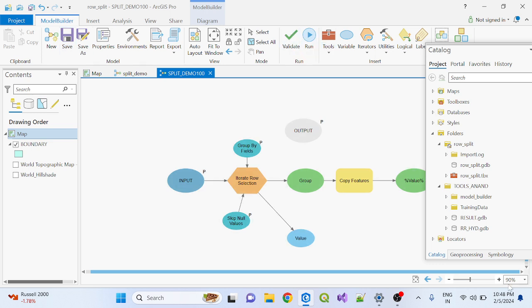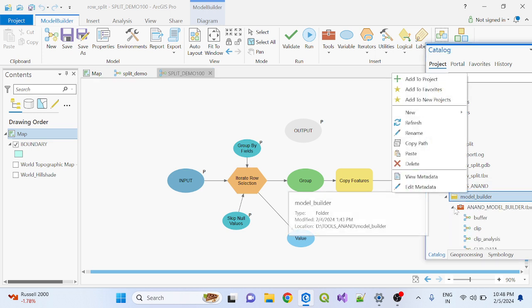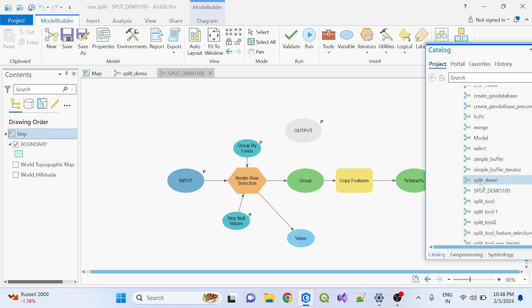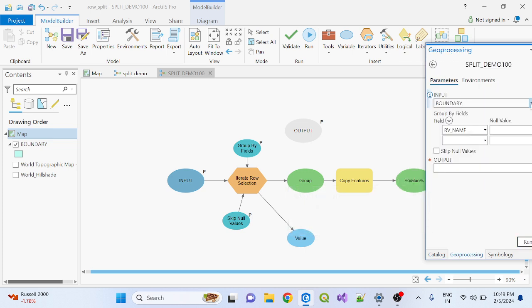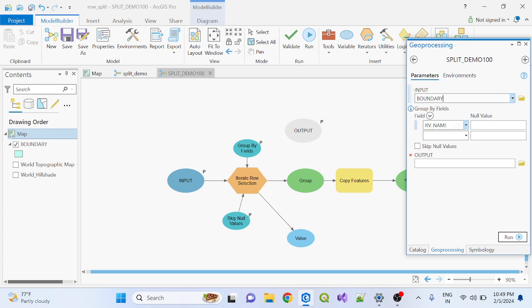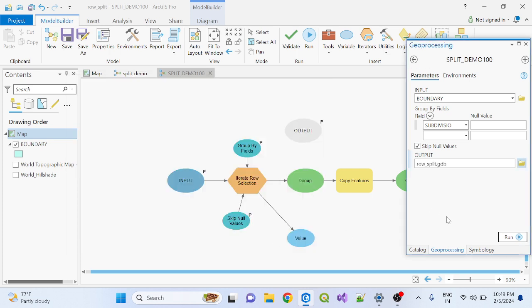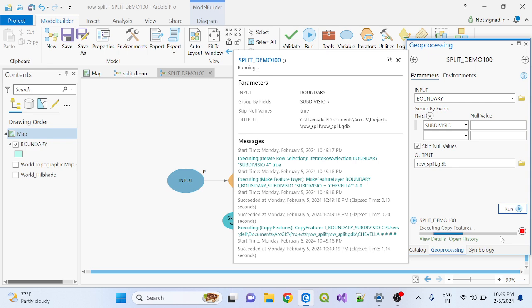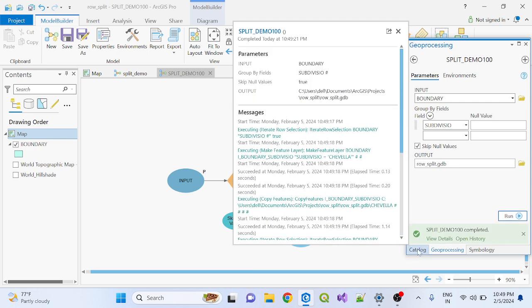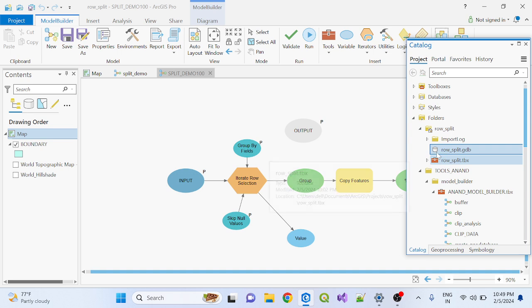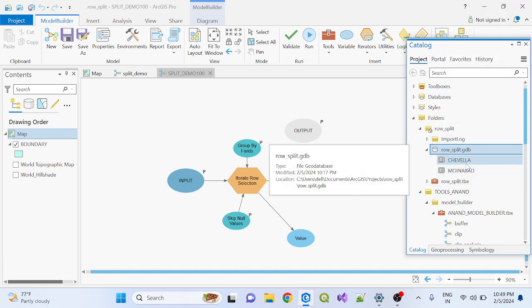Okay, save it, validate it, and again go to my tool. Here is my tool, model builder. Just refresh it. This is my split demo 100. Right click, open. My input is boundary only, the field is my subdivision, skip null values, and the output is the row split geodatabase. Okay, run it. Yeah, done. Let's check, refresh it. Yeah, it has created